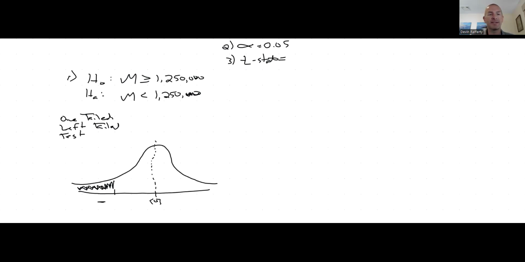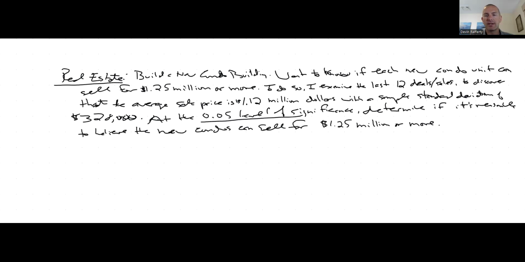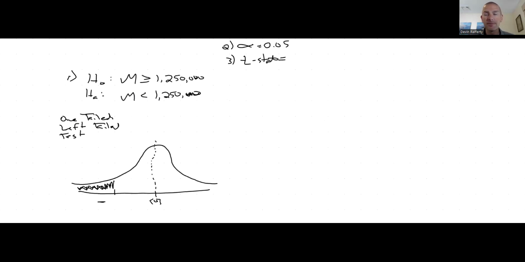the formula for your test statistic, and that is, do I know sigma, right? Do I know the population standard deviation? Well, the answer here is no, I don't. I don't know the population standard deviation because it says sample standard deviation, okay? And to be honest with you, if it didn't say sample standard deviation, right? If it just said $1.12 million with a standard deviation of 328, well, you should still know that that would be a sample standard deviation because